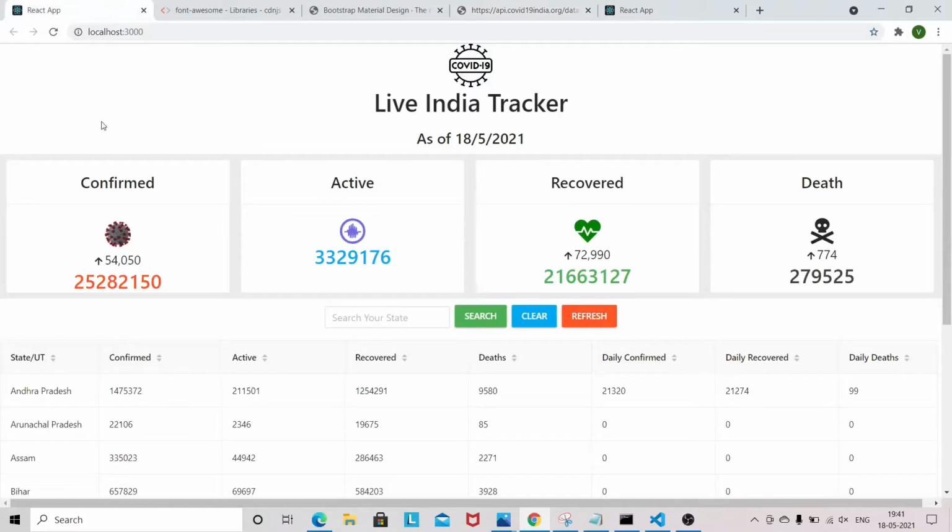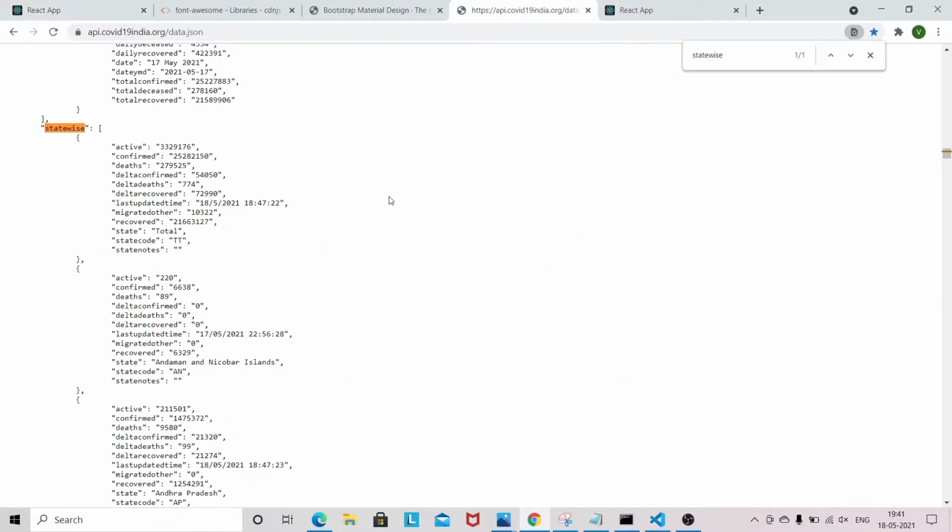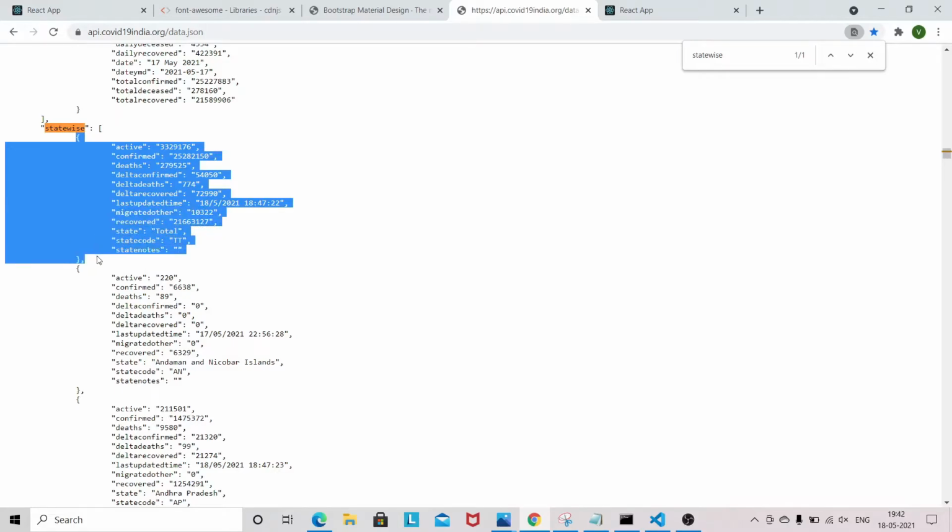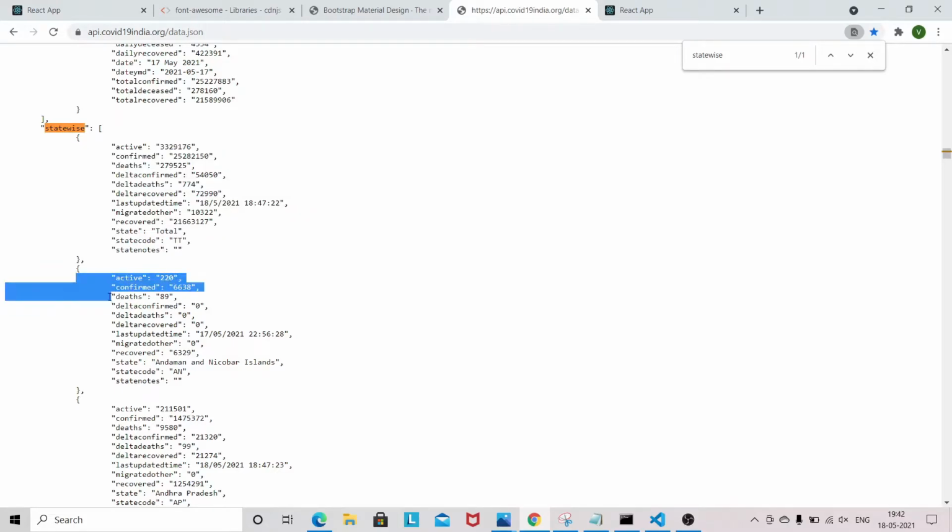So as of now, you are seeing this data. This data will get updated as we keep working on this application. Okay, so now what do we have to do? We have to just store this value in a different state, and the rest of the array objects will be stored in a different state, because the other objects basically represent the states only.